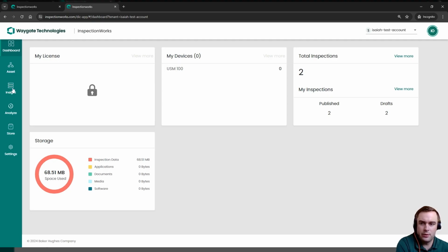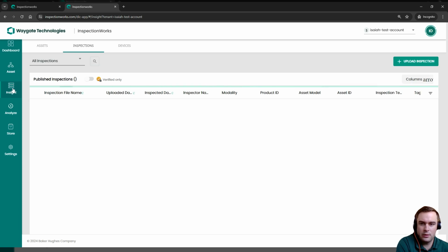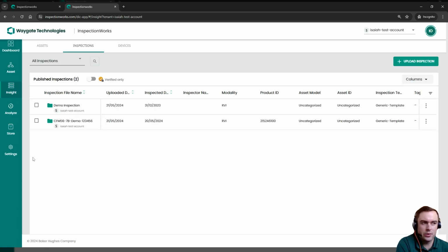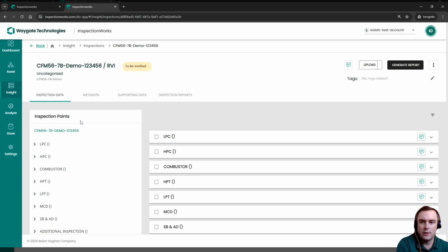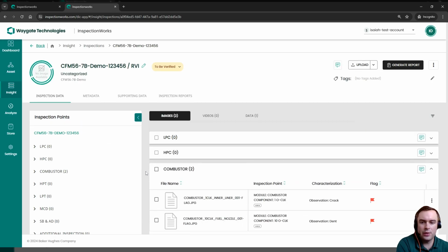That's the third option. And here you'll see a list of your inspections. So here's that CFM56 inspection that I just did on my device, and then there's another inspection that I uploaded previously. If I click on this inspection that I just performed, you can see that all the data has been